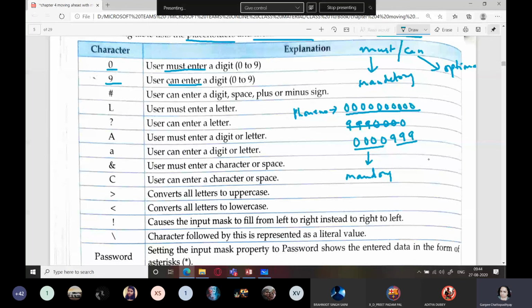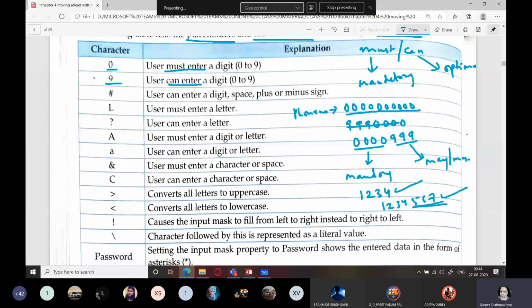That is, the user may or may not enter the next 3 digits. During data entry, I can type 1, 2, 3, 4. That is also correct. I can type 1, 2, 3, 4, 5, 6, 7. This is also correct. Understood? So these 3 positions I can enter or I can leave. It's up to me.